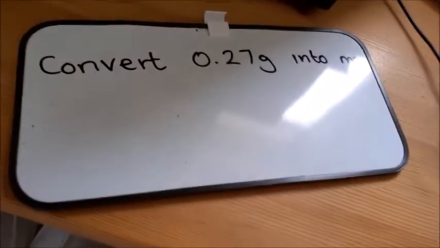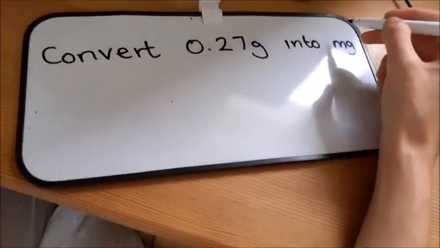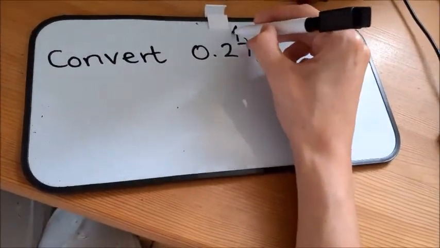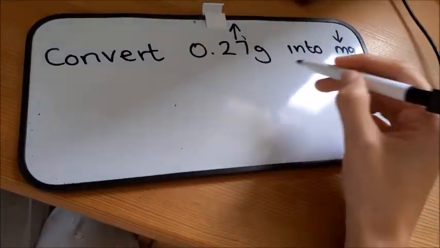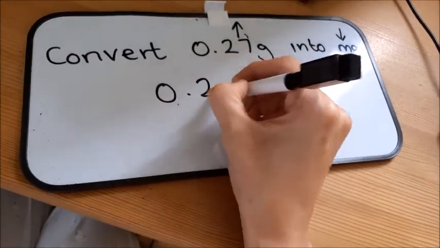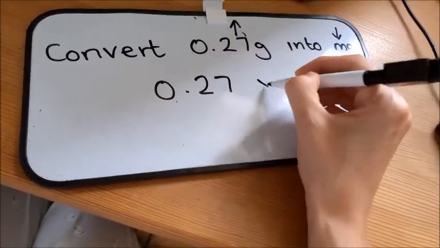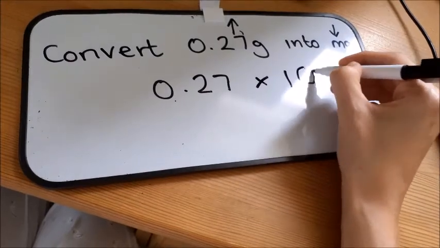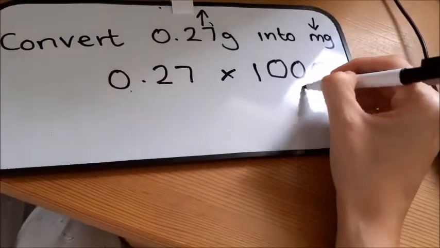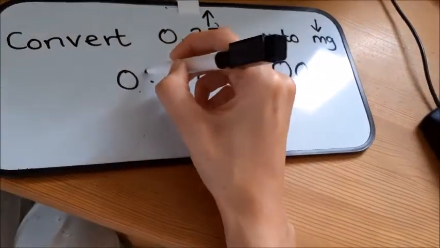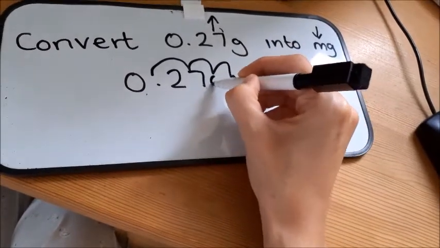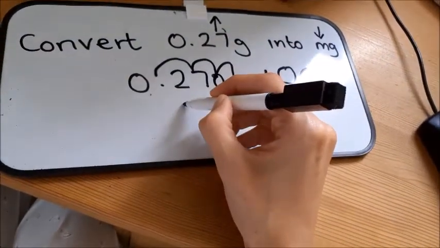Okay, working the other way now. So we're converting grams into milligrams. Milligrams is the smaller measurement, so this number is going to become larger. We've got 0.27 grams into milligrams. 0.27, because this number is becoming larger, we're now timesing by 1,000. Now when you're timesing, you're moving the decimal place 3 spaces to the right. 1, 2, 3. Your decimal space goes here, and a 0 goes in this space that you've jumped. So you've got